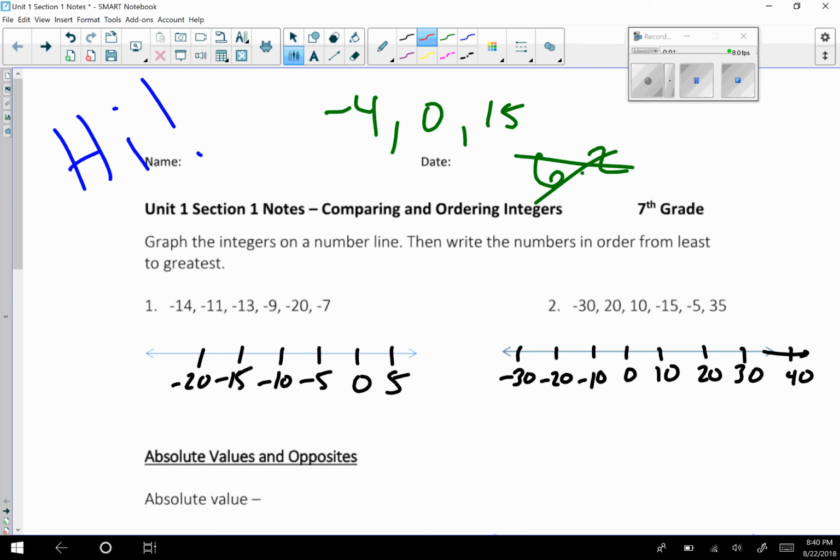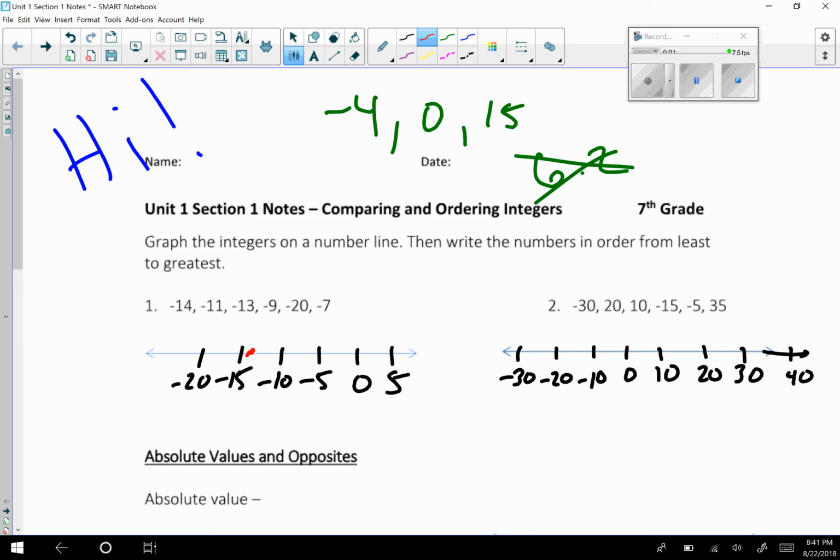So if you look, there's a line provided for you. I've gone ahead and added on tick marks every 5 numbers. If you want to go ahead and draw something like that as well, feel free. And then we're just going to go through and plot each of these integers on that number line. So our first integer is -14, which I'm going to put just to the right of -15, because remember,